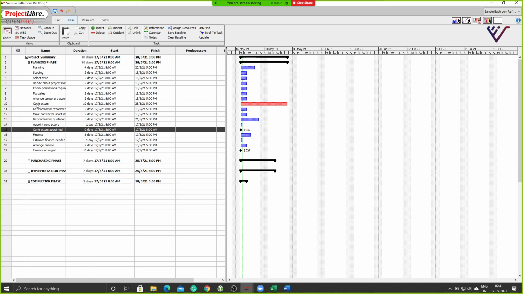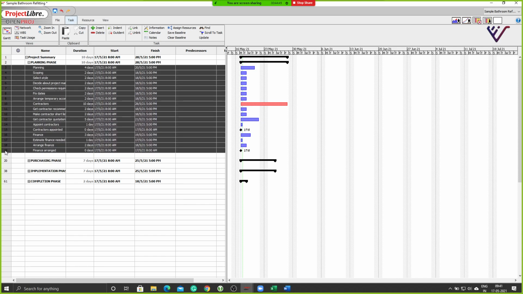This is the contractor selection process. The 10-day activity is the contractor selection process, and the 15th one is contractor appointed. It's just giving an award to him. That is the contractor appointment. You are basically calling an invite for different contractors to come here. So you do the selection process in the first 10 days and then you appoint them. So we will add that now. We'll just add the links so that we can understand what we are trying to talk about here.